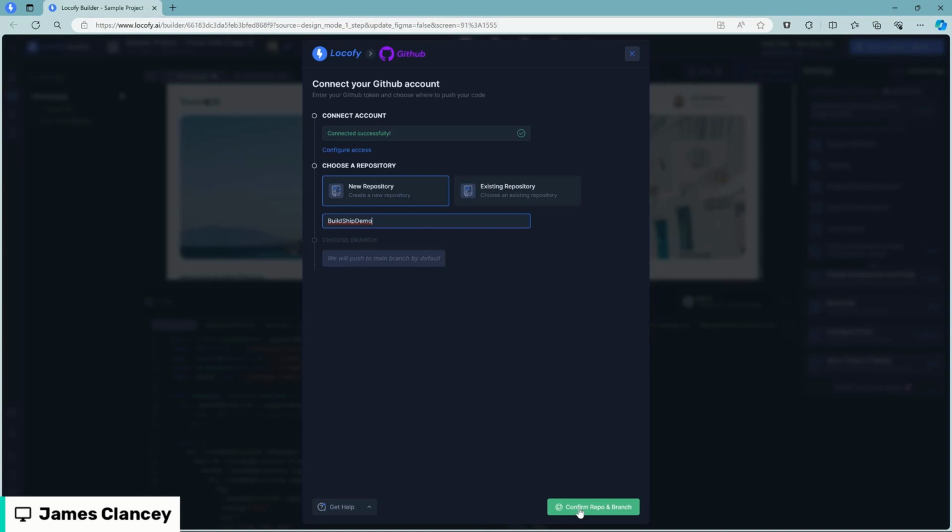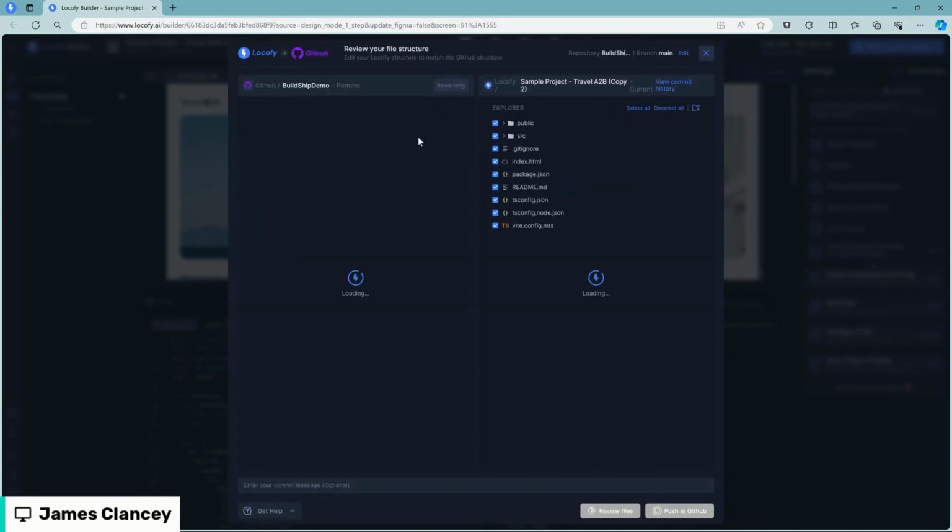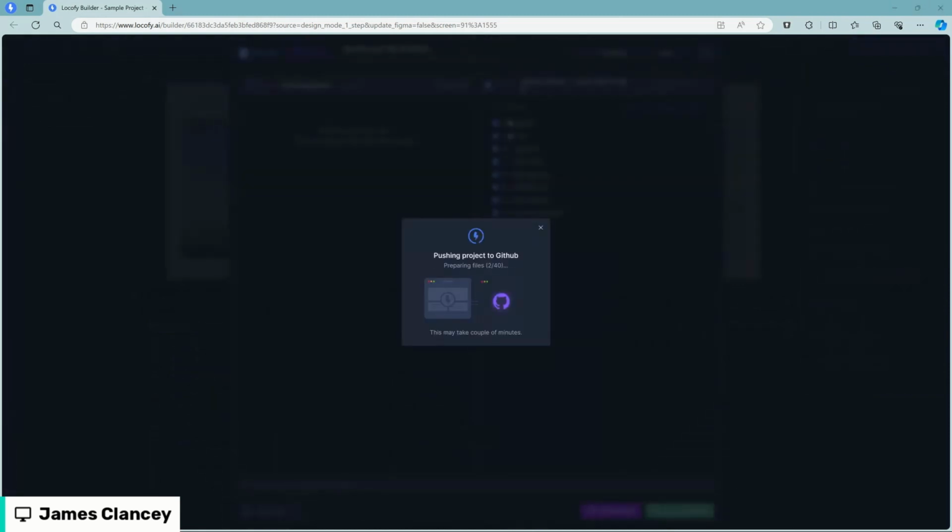All right. And I'm gonna click next. And then the first thing I'm gonna do as soon as this pushes, I am gonna go make this thing public right now while it's pushing. So all of you can go to github.com/Clancy and you'll see build ship demo. All right, it's still private. I'm changing